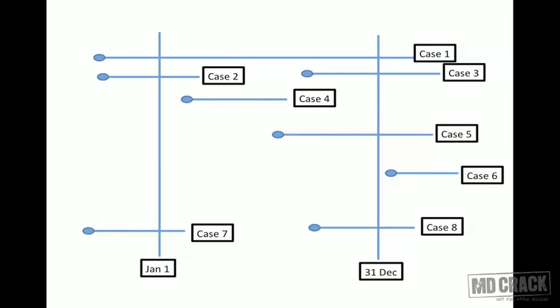So incidence, if I ask you what was the incidence of disease in the year 2012, incidence means, as I told you in the last class, is only new cases. So as the diagram shows, let us count the number of new cases that were there in 2012. Is case number 1 new? Case number 1 starts before Jan 2012, so it is not new. Okay, case number 1 is excluded, that is an old case. Case number 2 is also an old case.